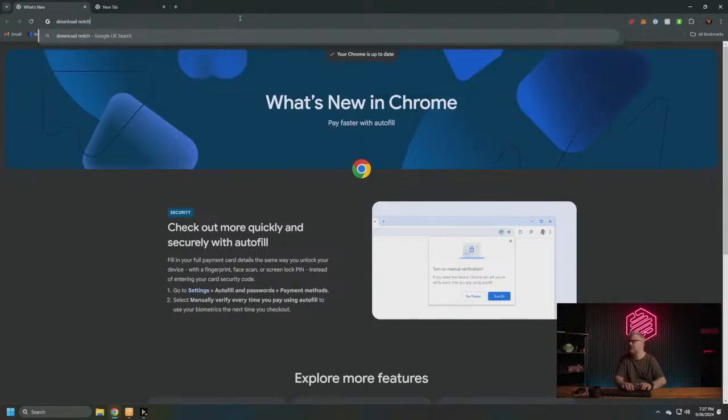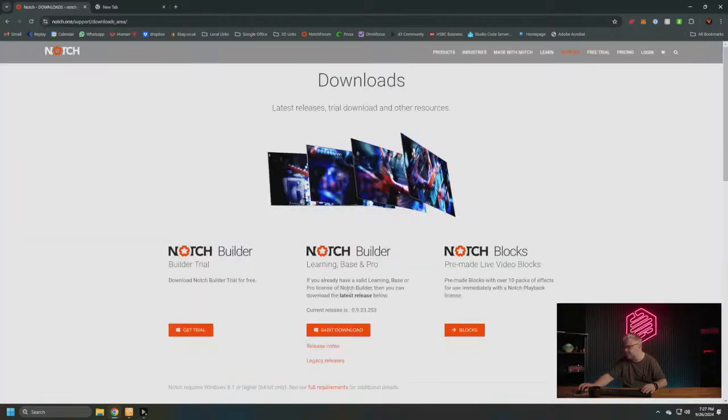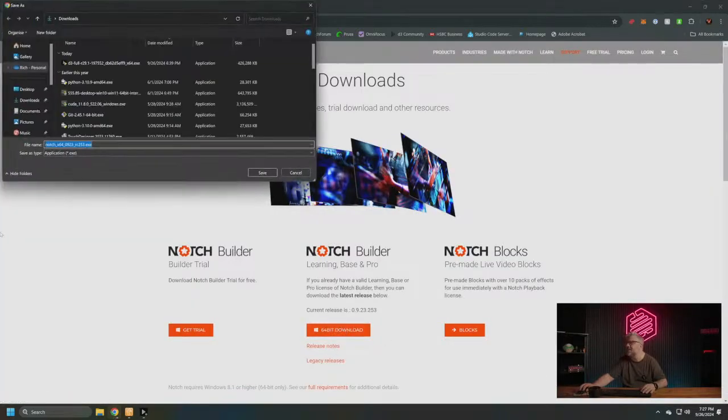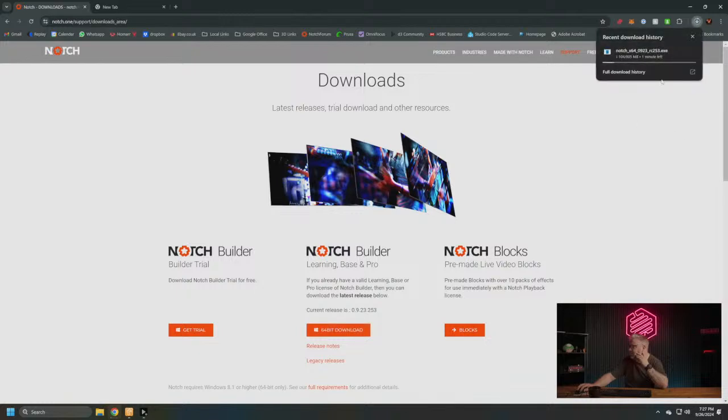I did say I was going to make it hard for myself by forcing myself to show you the whole process, warts and all. So we've gone to the Notch website into the downloads area, and this is how fast our internet connection is while we're streaming. So, yeah,